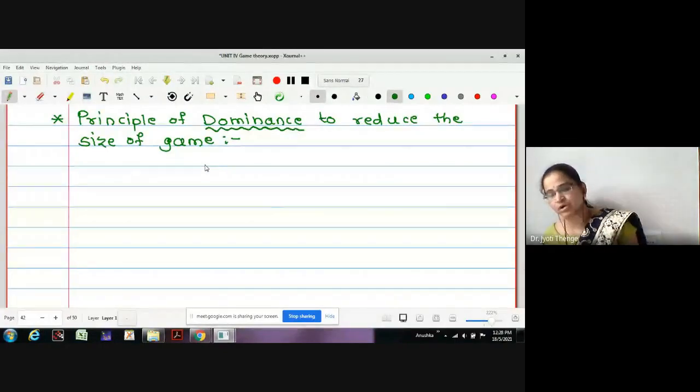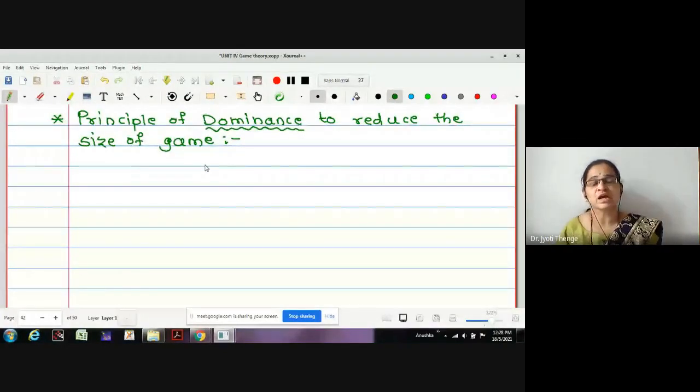Why are we going to reduce the size of a game? Because we have seen that solving games with a saddle point is an easier job. But for games without a saddle point, it is not impossible, but rather difficult. The arithmetic method, as we have seen just now for solving 2 by 2 games, we cannot apply to games of higher order. And if I want to go with LPP, with 3-4 strategies it is okay. If it is with 10 strategies for each of the two players, then the payoff matrix is of order 10 by 10. In those cases, it will be somewhat difficult to use the previous method.